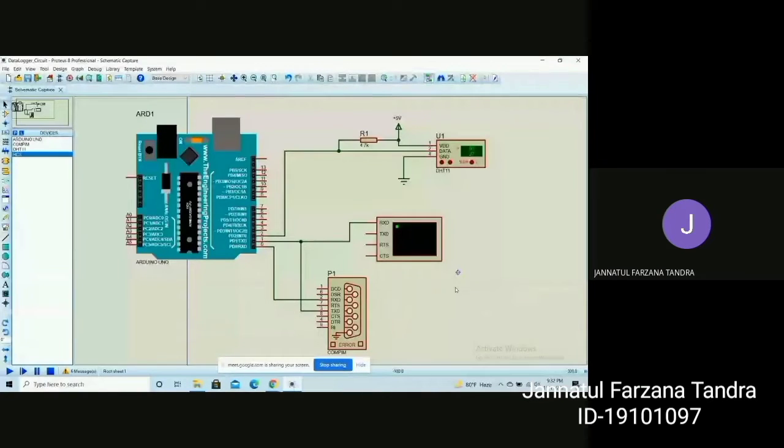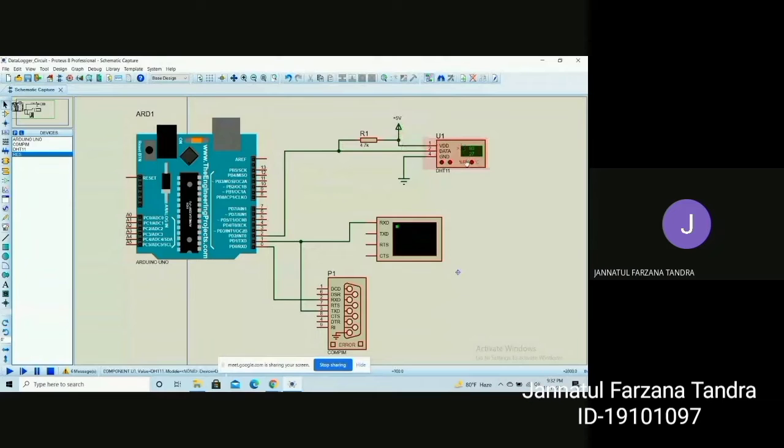So we have built this data logger circuit. For this we have used Arduino, a DHT11 sensor, a virtual terminal and a COM physical interface module. First of all, we have connected a 5 volt power and a ground with pin number 1 and pin number 4 of our DHT11 sensor. Then pin number 2 of our DHT11 sensor is connected with pin number 2 of our Arduino. Here is a resistor which is connected to pin number 2 and the power wire of this DHT11 sensor.